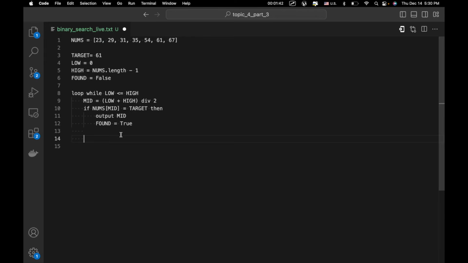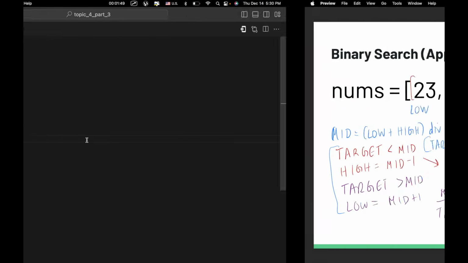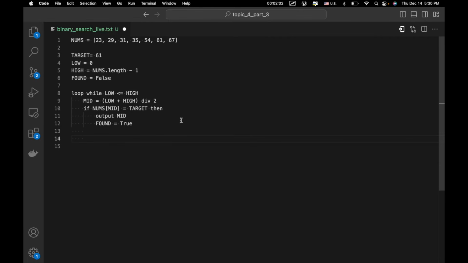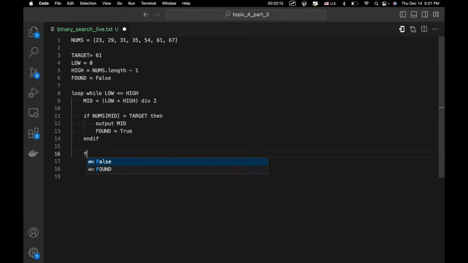Now, this is something we're going to check in each iteration every time that we change low and high. But to actually make changes in low and high, we're going to have another if block. And by changes in low and high, I mean changing based on how the target compares to our mid value here, and then subsequently when we move around our mid based on what is in our array. So we've got if nums mid equals target, and we're also going to close up this if block, and then we're going to have, or rather I would say, if target